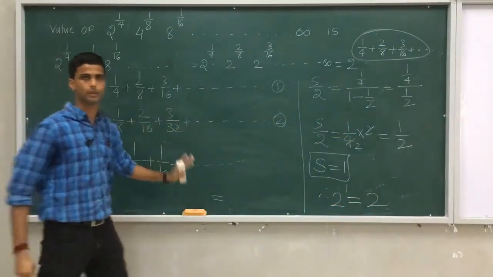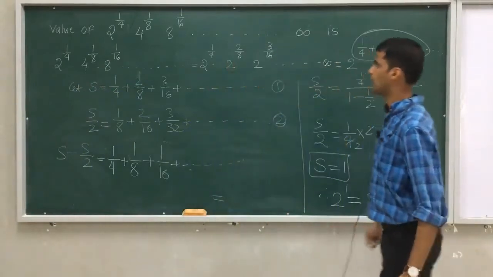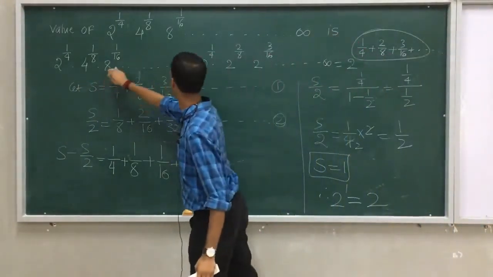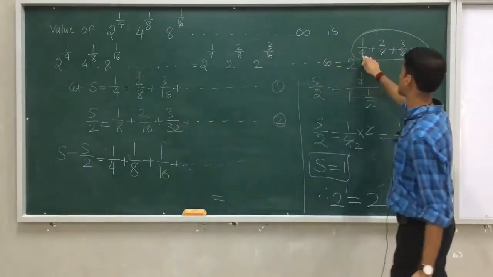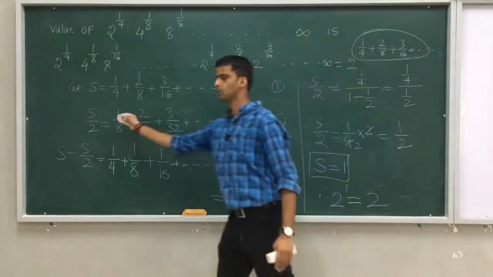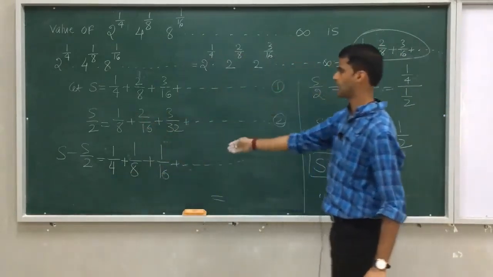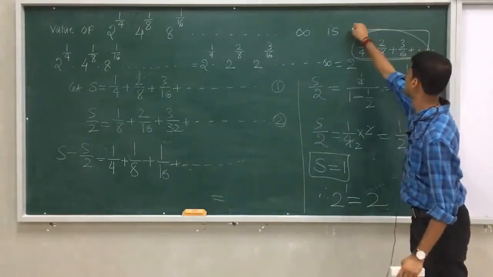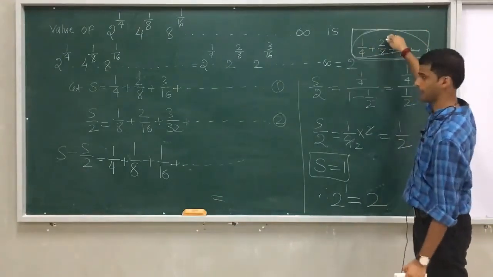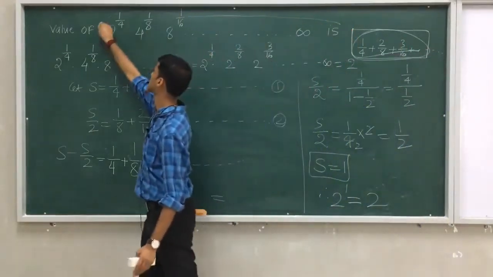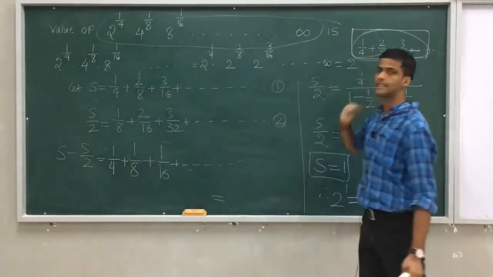So just 2 will be the right answer. What I have done is, I took this series in terms of 2. Then I took it as a power m, a power n style. Then I considered only this. Then I did the by 2 concept and I reached my solution. I got this particular expression as 1, and it is 2 power 1. 2 power 1 is 2. Therefore, the value of this expression, or the value of this pattern itself, is 2.